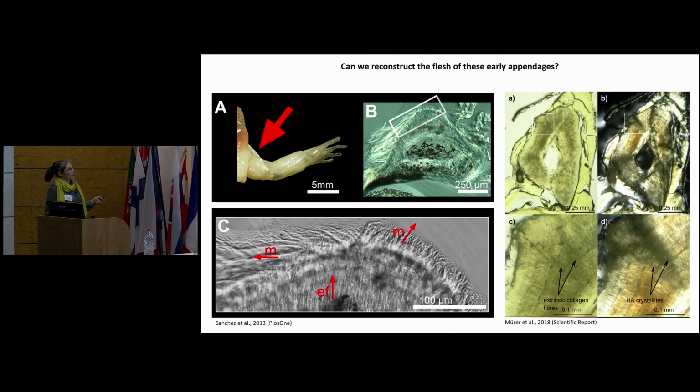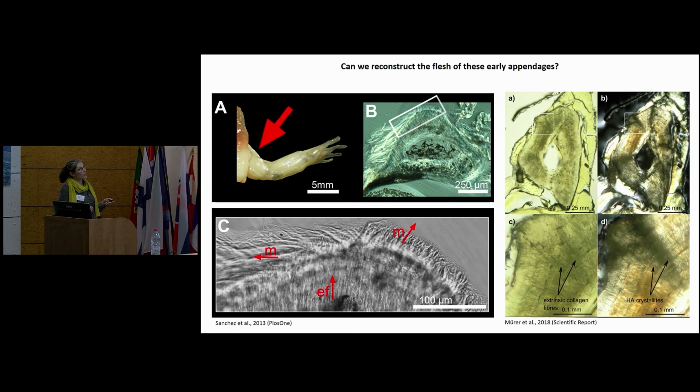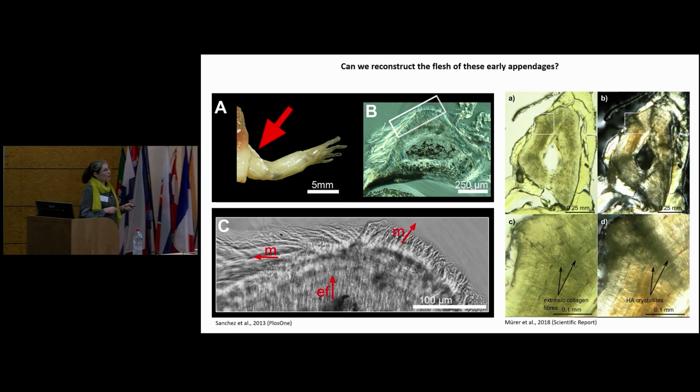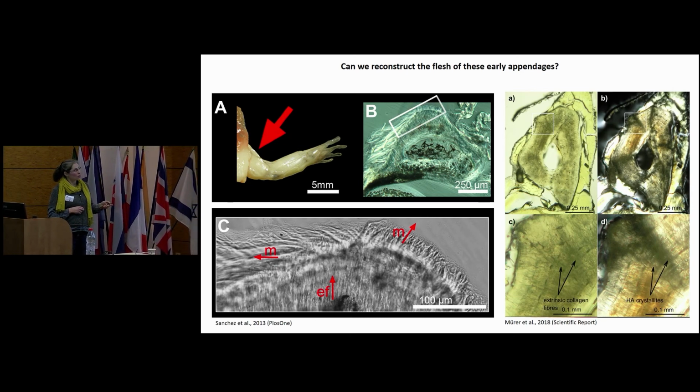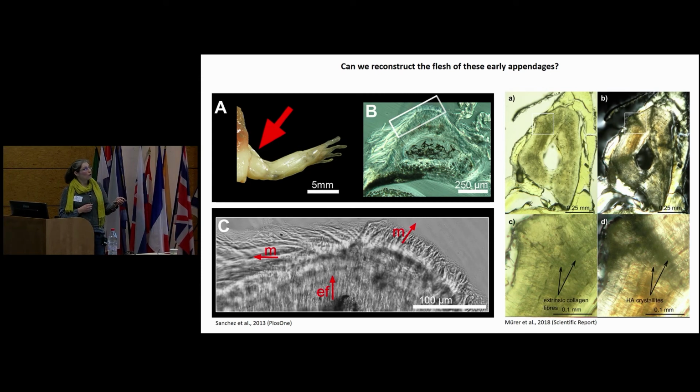If you check here, for example, the arm of a frog, you will see that you have these collagen fibers all organized like that. And they are as well associated with muscle insertions. Here you have a muscle which has been cut, and here you have another muscle. And these muscles have fibers which are embedded into the bone. And they do mineralize the same way as the collagen fibers in the bone. So if you do a cross-section in the bone, if you cut your humerus like that, what you will see here is that you have a muscle insertion.